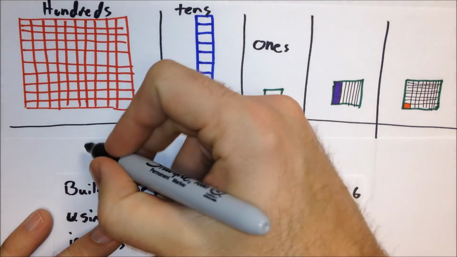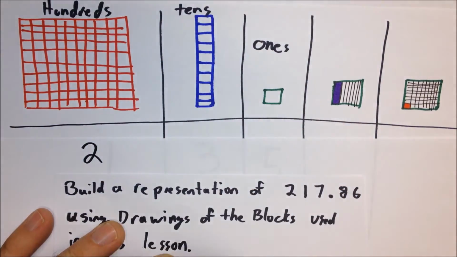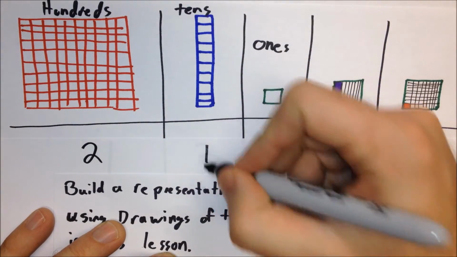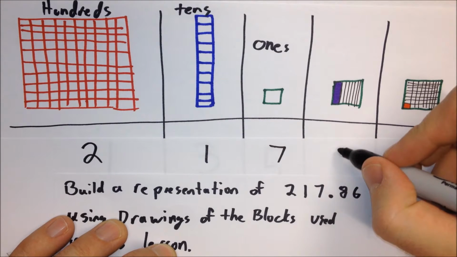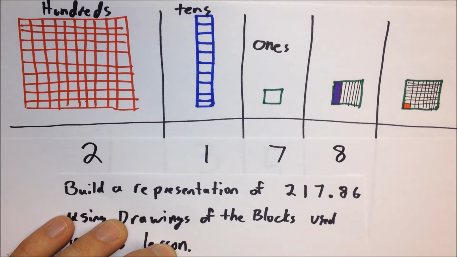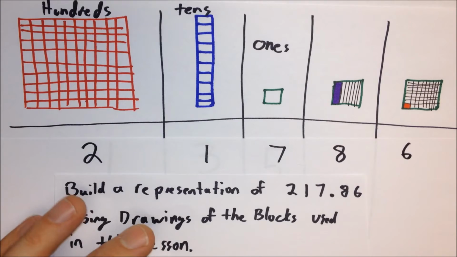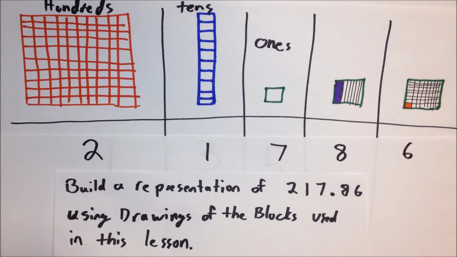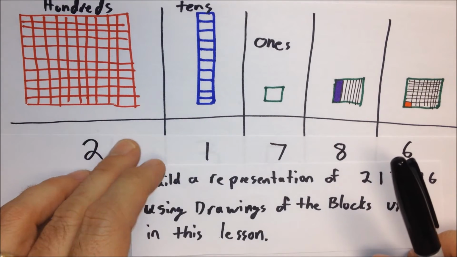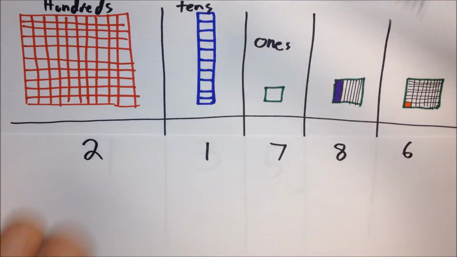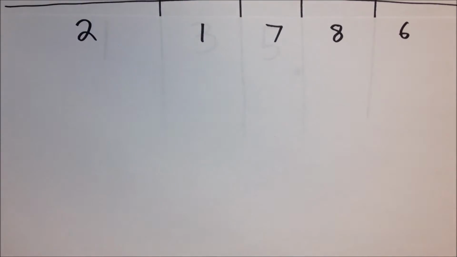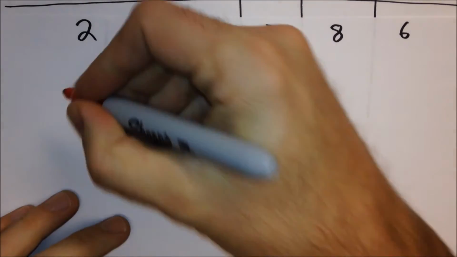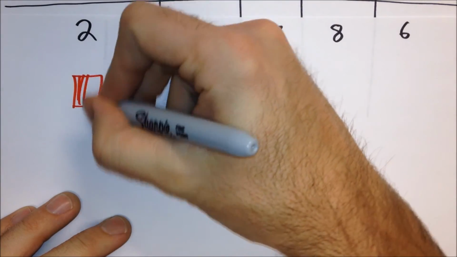Our number represents 2 of these hundreds, 1 of these tens, 7 of these ones, 8 of these little purple strips, and 6 of these little orange corners. So what is that number? If I wanted to draw it, there are lots of ways I could do it, and there's not really a specific correct answer, but I was wanting you to think your way through this just for the sake of the problem. One way to do it would be to draw 2 of these big red blocks,